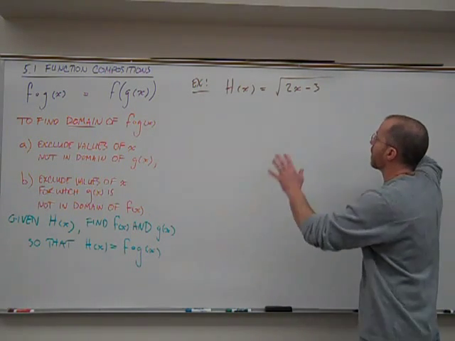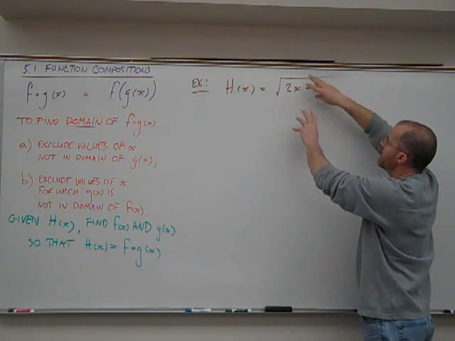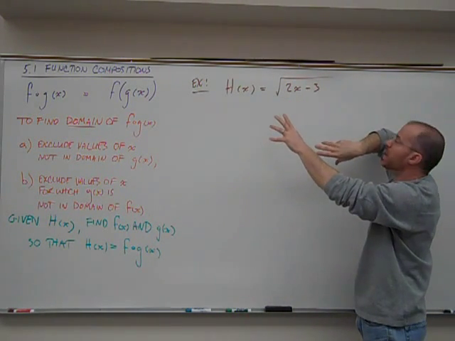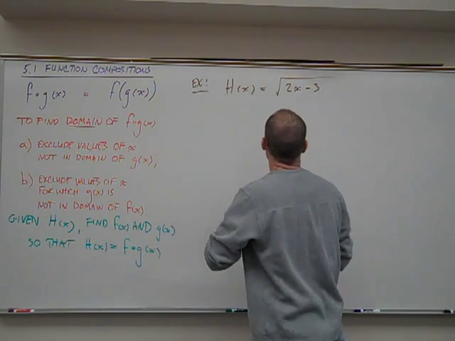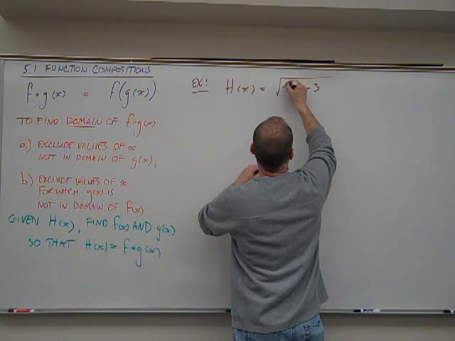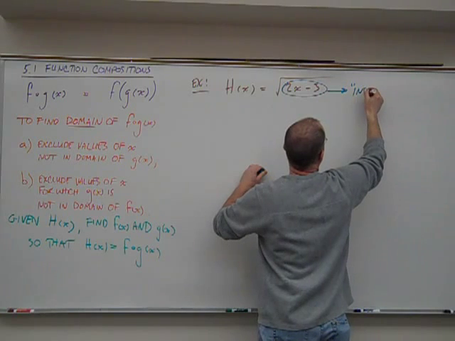Calculus students are constantly looking at a function and trying to see it as made up of smaller functions in compositions. So calculus students, informally but very usefully, will tend to look at this thing and say, that's the inside